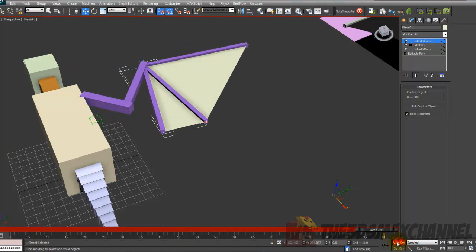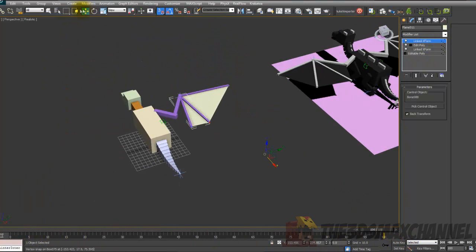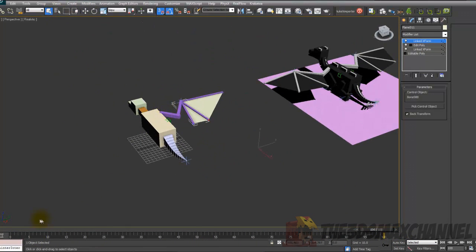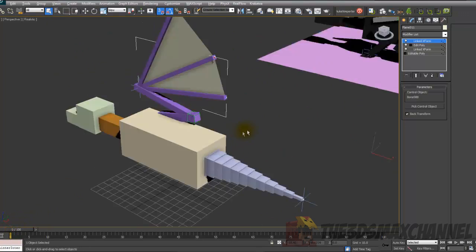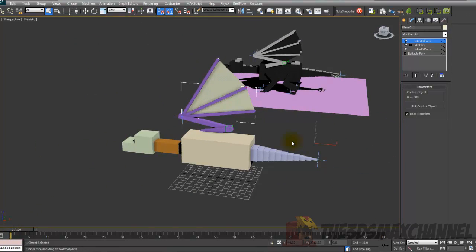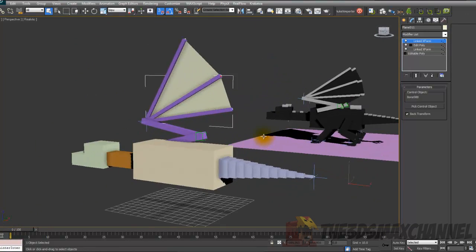Now I won't show you the next one because it's exactly the same as I just showed you, but I will show you how to copy them over because it would be annoying to have to do this again. So after you've made sure you've done all the stuff you want to do to it, like texturing and all that, and you're ready to